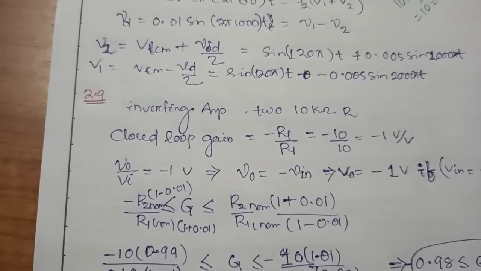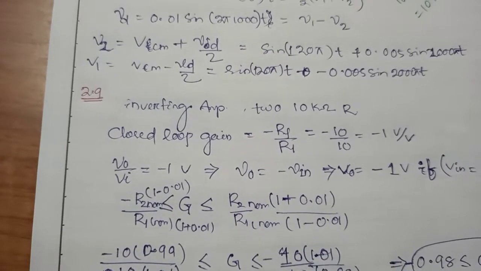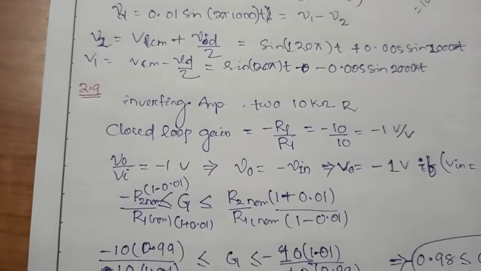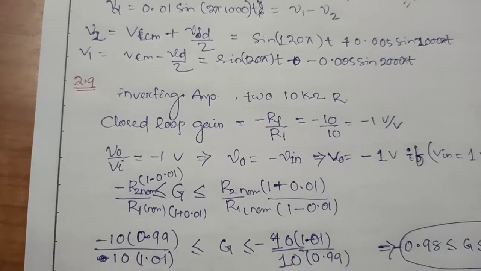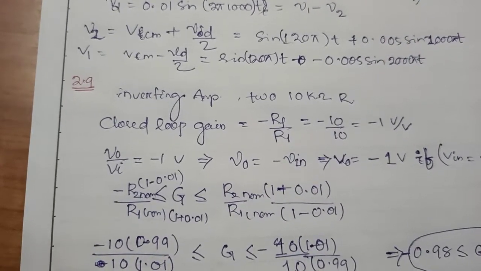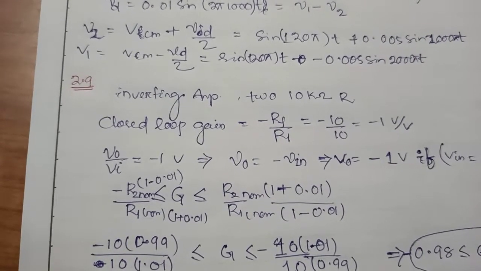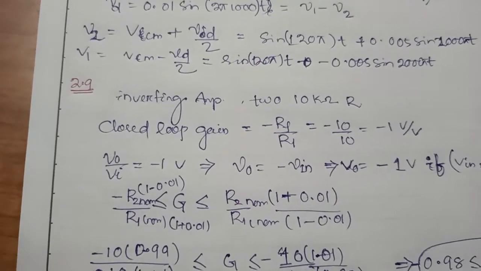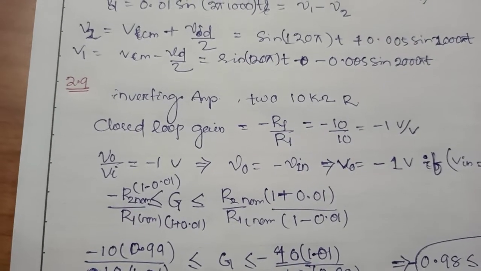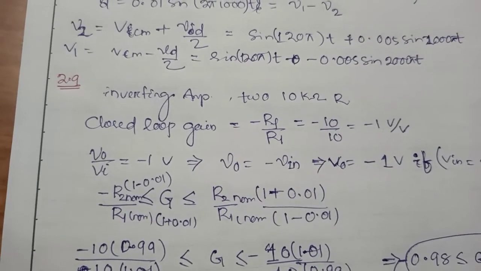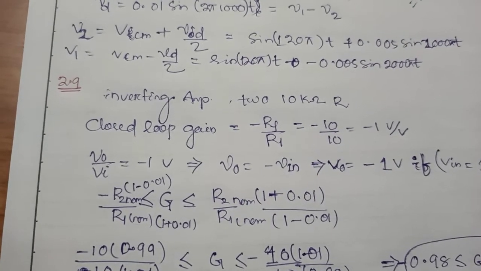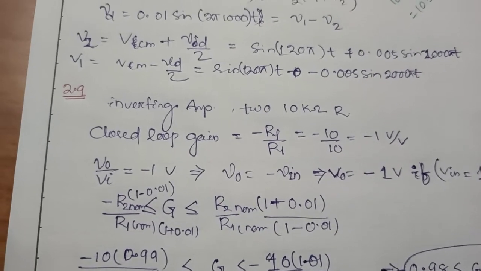In 2.9 it is given a particular inverting circuit uses an ideal op-amp with two 10 kilo ohm resistors. What closed loop gain would be expected if a DC voltage of 1 volt is applied to the input? What output results if the 10 kilo ohm resistor is said to be a 1% resistor? That is the tolerance level given according to the nominal value. So what range of output would we expect to actually measure for an input of precisely 1 volt?